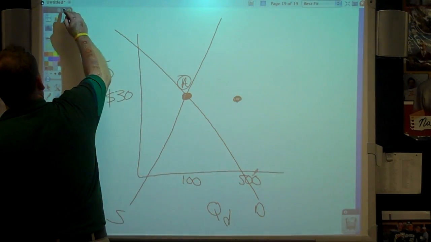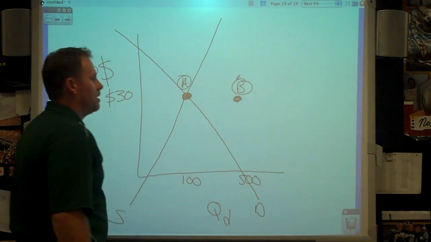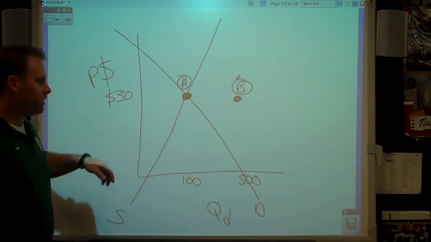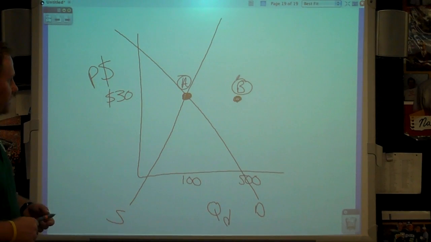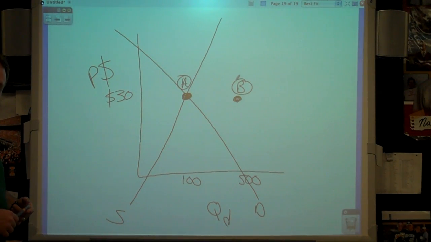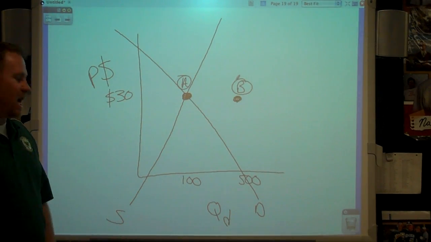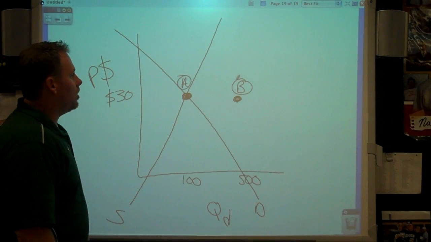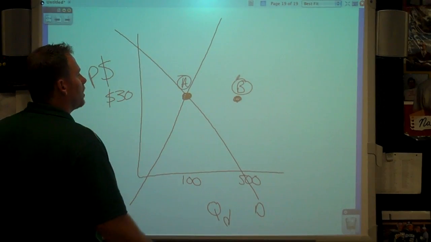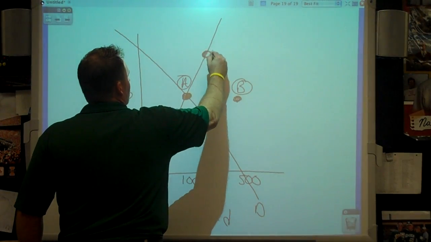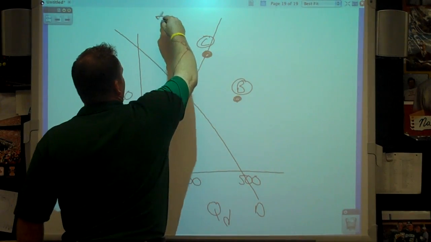Okay? So the consumers, they want 500 one-winged boomerangs at $30 a piece. Okay, but the law of supply and demand says that I will not increase supply if I can't increase price. Well, that's at the same price level right there. So I'm like, no dice. I ain't doing that. So when I've got people that are busting down my doors, they want my one-winged boomerang. It's very popular. A very simple way to deal with that is to increase my price,